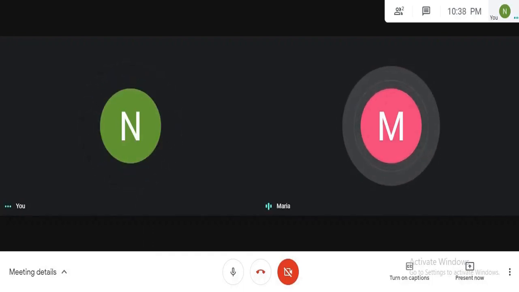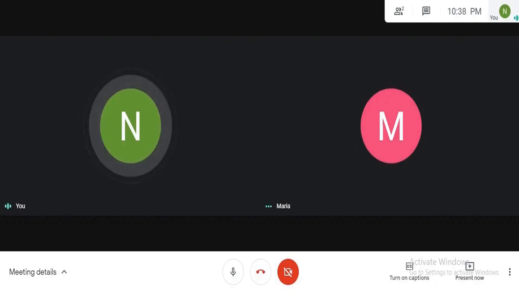Is it true that a function may have several definitions but only one declaration? No, ma'am, it is false. A function may have several declarations, but only one definition. The reason is if we have several definitions of the function, then it may raise a redefinition error. Okay, fair enough.